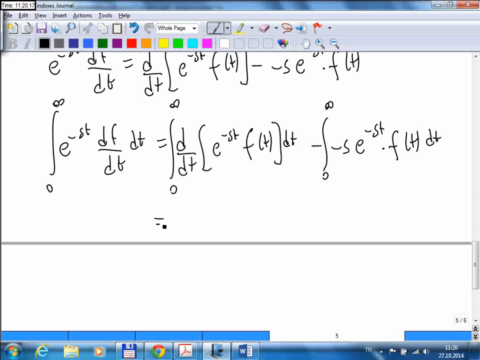It's just this. And the second part, the integral of the second part: s is a constant number since we are taking the derivative in the t domain. So I can take the s term out, and these two minuses cancel each other and become s. S times